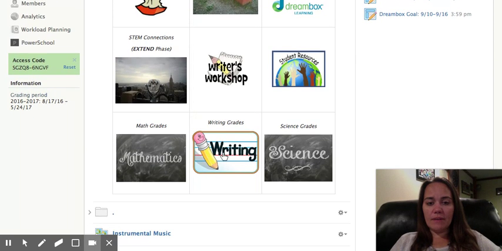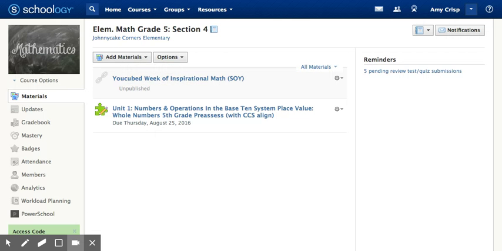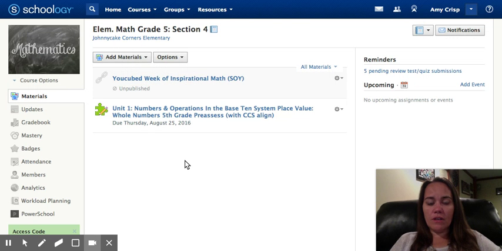And last but not least, the bottom of the table has a link to the math course, the writing course, and the science course. These are the courses where you and or your child would go to look at your standards-based grades. So the kinds of grades that you'll find in STEM are going to be more effort completion-based, whereas the grading that you'll find in the math and science will be standards